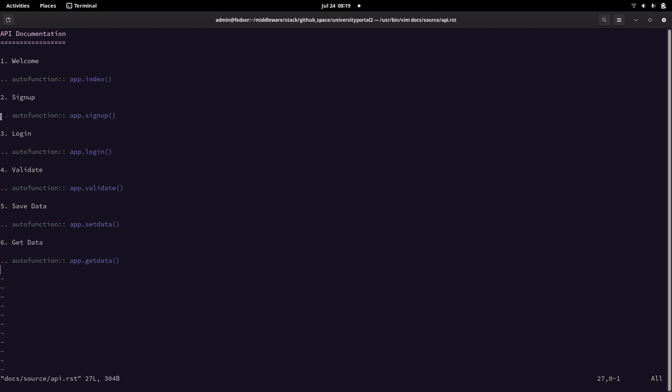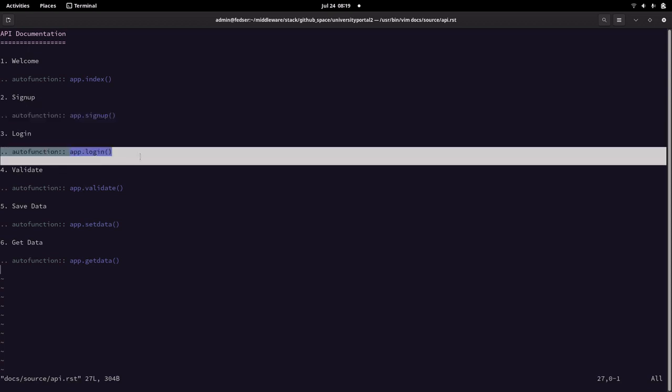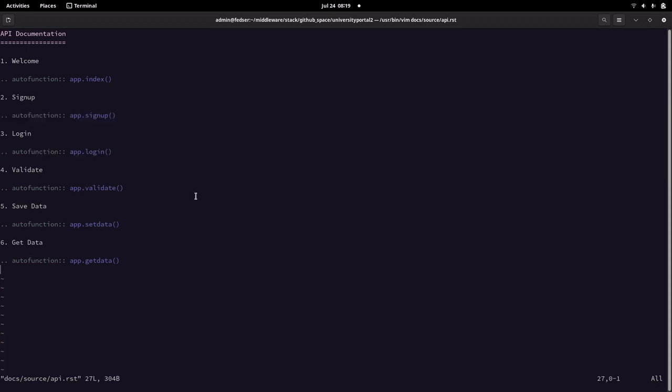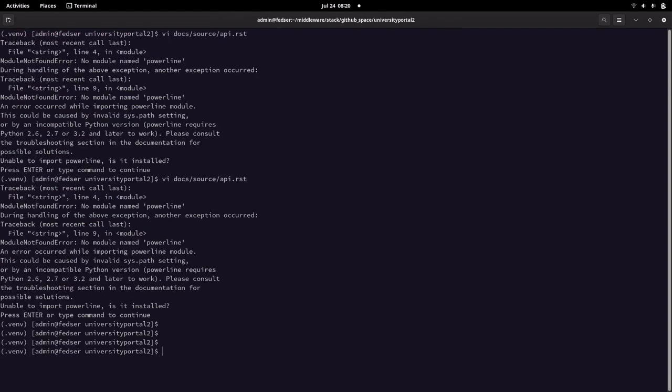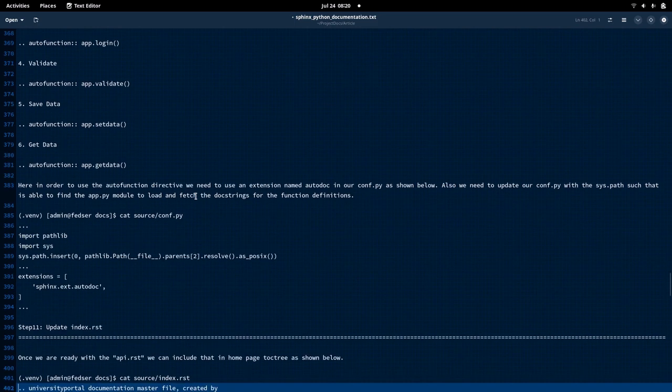So we have updated it for all the functions. I have just mentioned the respective definition name in the module, and called this autofunction directive. Okay, so right now we have got our RST file created, we have updated our Python source code, and now